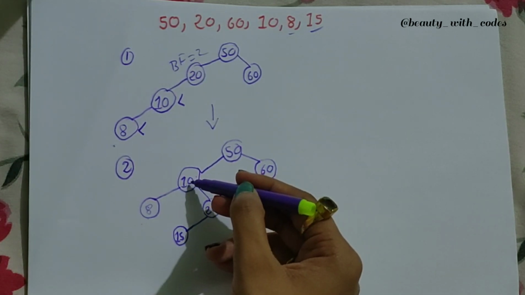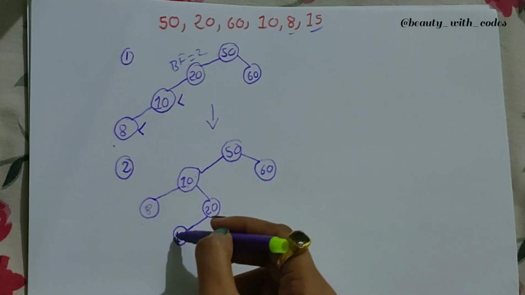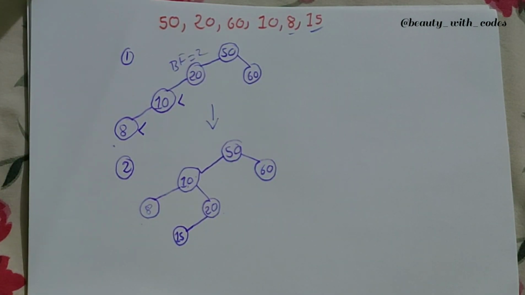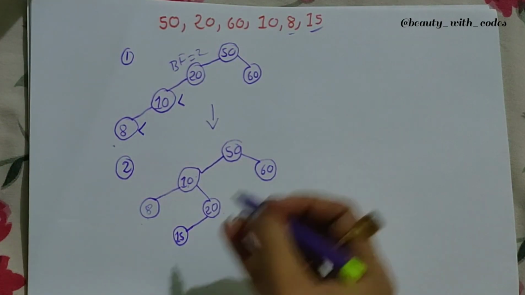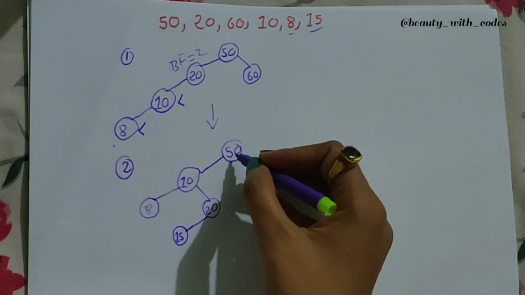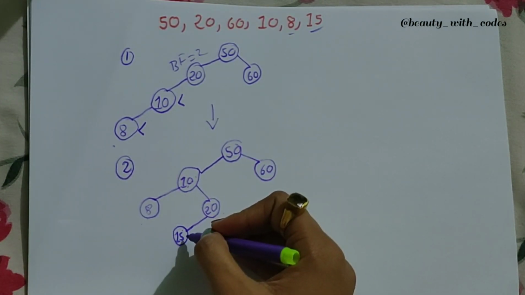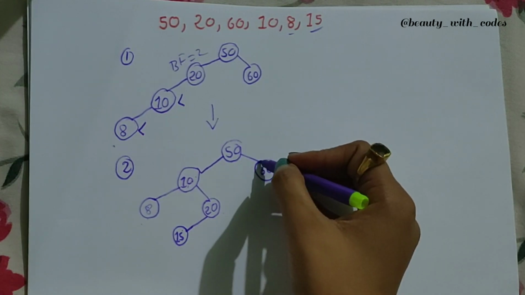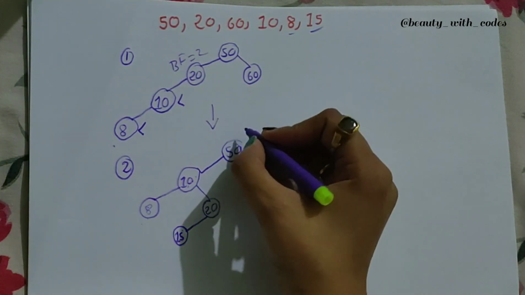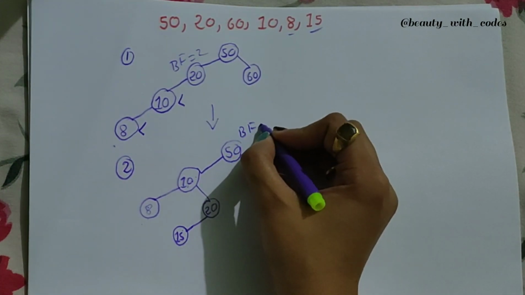Fine. What about 10? So 1 left child, and what about right child? So 2. So 1 minus 2, so you can say it's minus 1, but yes, we need to take absolute value, so it's 1. Okay, so it's not exceeding 1, so we don't need to do anything as of now. Now check for 50. So 1 2 3, if we follow this path, so 10 20 and 15, so 3. And what about right? We have only one element, that is 60. So balance factor is 3 minus 1, that is 2. So balance factor here is 2.